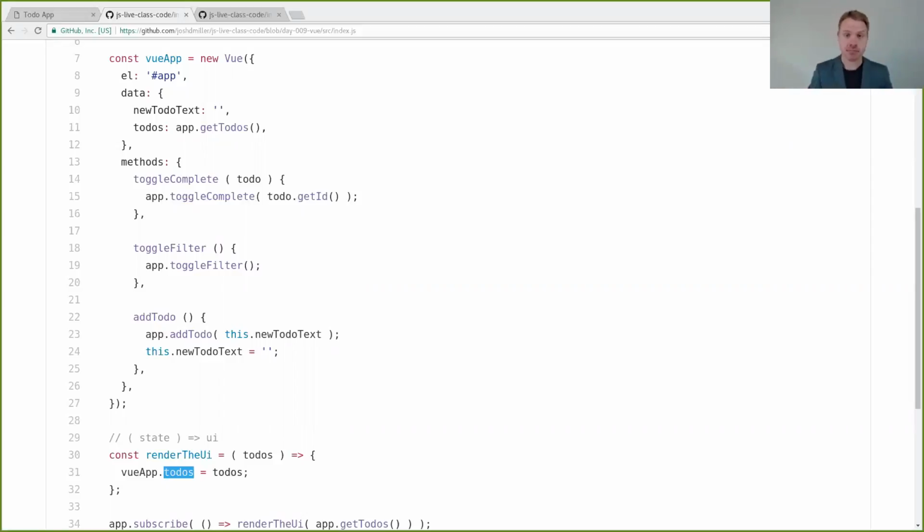That having been said, both libraries, as you saw today, can be used with the unidirectional data flow. We did it with Angular and we did it with Vue today in both of these cases. So you absolutely can, but they're not built to do that out of the box, right? And you can use React similarly in MVC or MVVM. There's no reason why you couldn't, but that's not what it's going to do out of the box. Angular and Vue are very much like that. React is very much not. So there's that distinction there as well. But you can use whatever data flow you want.